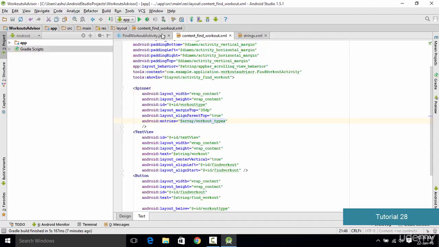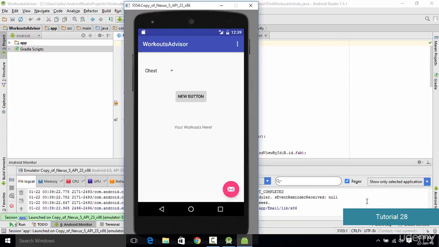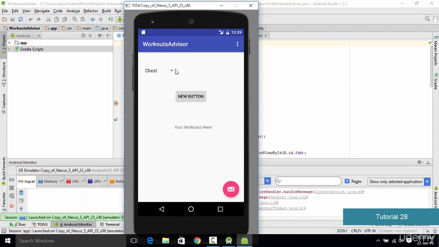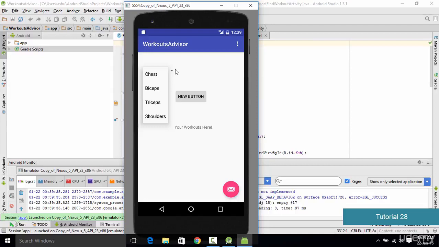So now in order to check if our items have been added to the spinner, we simply save the code and we execute our application on the emulator. So as you could see, our application is up and running on the emulator, and this time the spinner is going to have some elements. So by default it is going to select the first element, which is going to be the chest, and if we click this button right here, it is going to display a set of options for us to choose from. So if we select biceps and we hit this button,